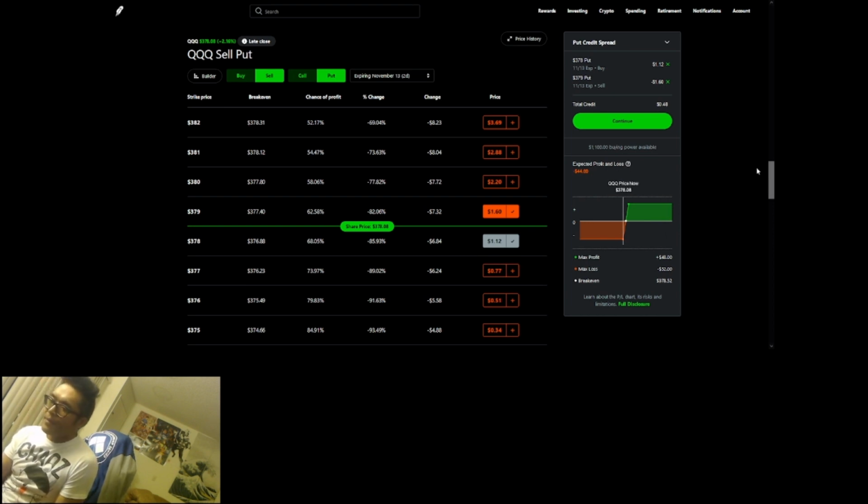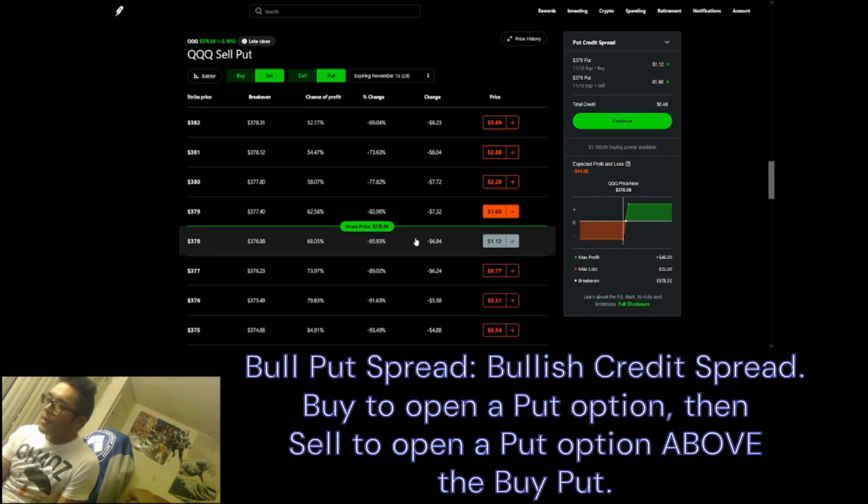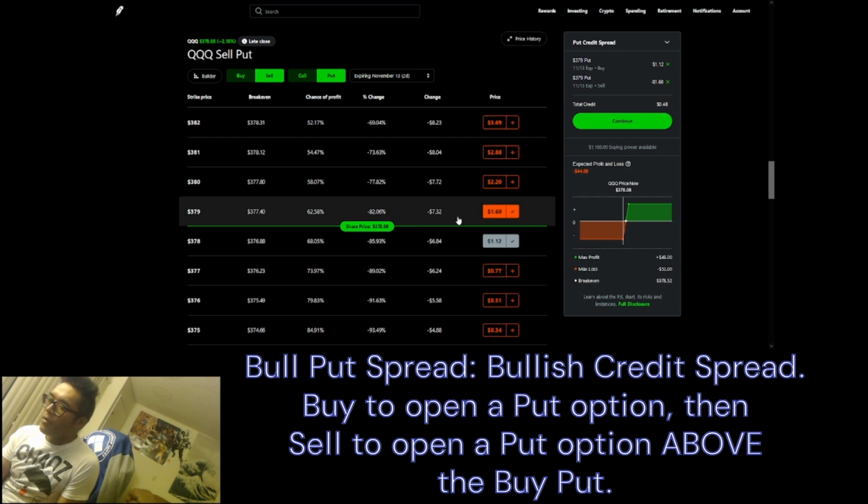I guess I could show you that. So with this current option right here, this is going to be a bull put spread, so I'm bullish. I want the stock to go up. This one would here be an at the money option, because the 378 is already slightly in, and then all it would have to do now is go past the 379. But as you can see here on this little slider, you'll actually still be somewhat profitable even before it gets to 379. Okay, so when it's at the money, it's somewhat